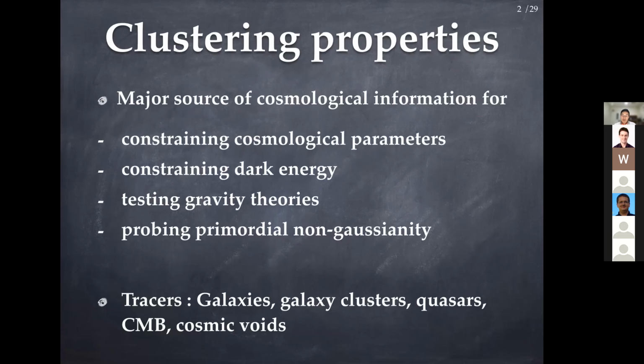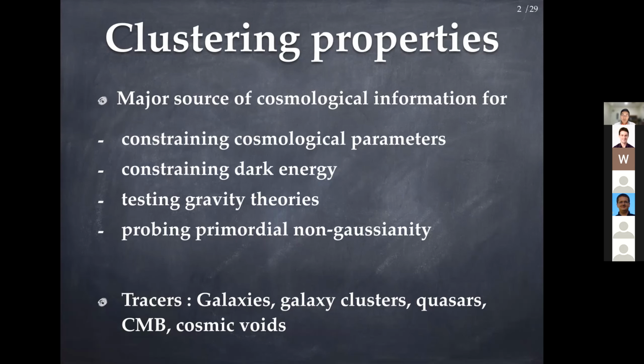And here, the underlying physics means new ingredients in the various cosmological models, and could mean a different nature of dark energy or the gravitational law, which deviates from general relativity at large scales, and which can also include some amount of non-Gaussianity in